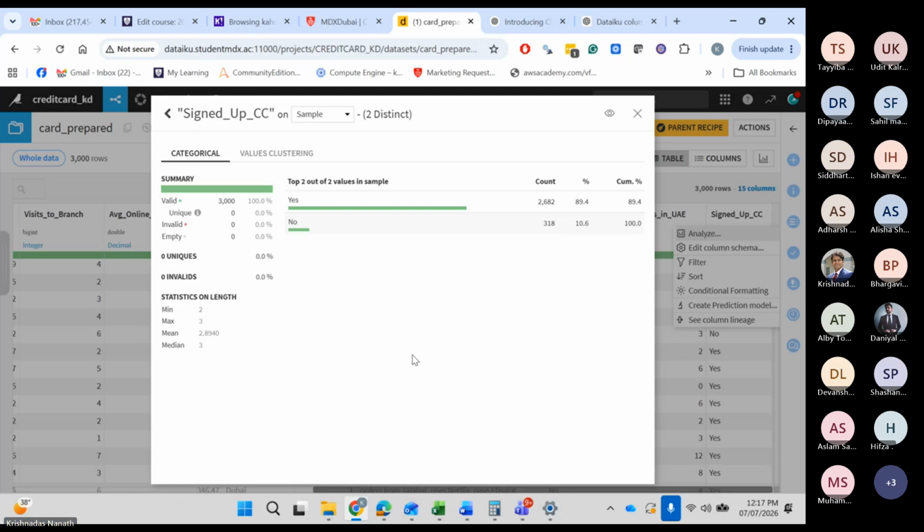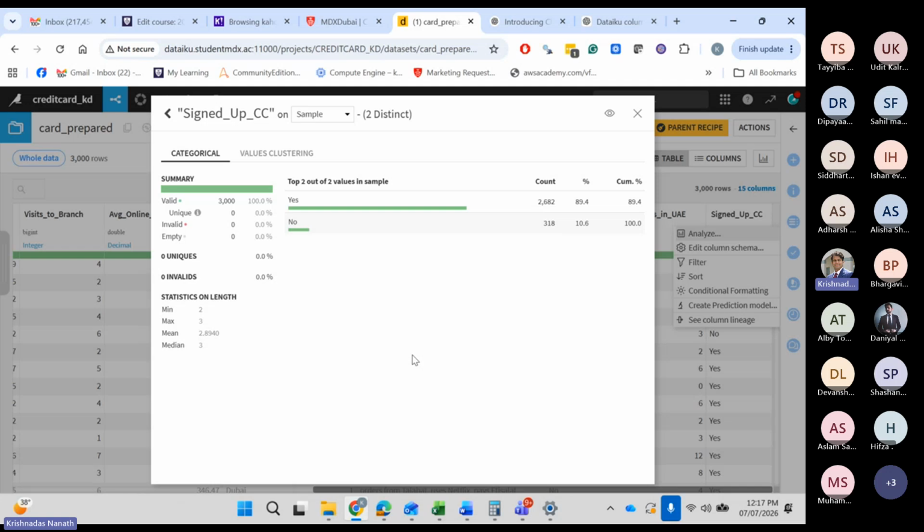So resampling you can't do with a split. Now what you have to do is there is a filter recipe. Sample and filter. So from the filter, you would randomly take some percentage of the yes and retain the complete no, and then make a reduced sample, which you can try. You can do it in the original data itself, the prepared one, and then do a training and testing once you make that new sample. Multiple options. These are all different pathways.